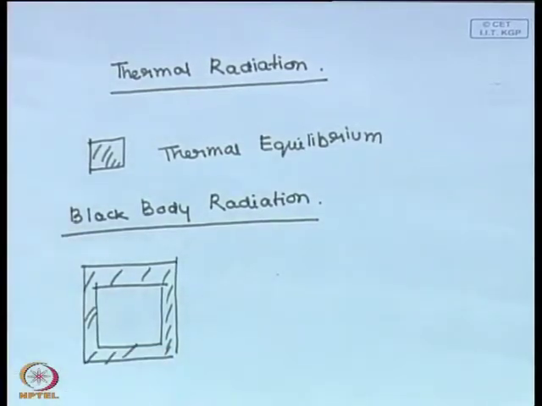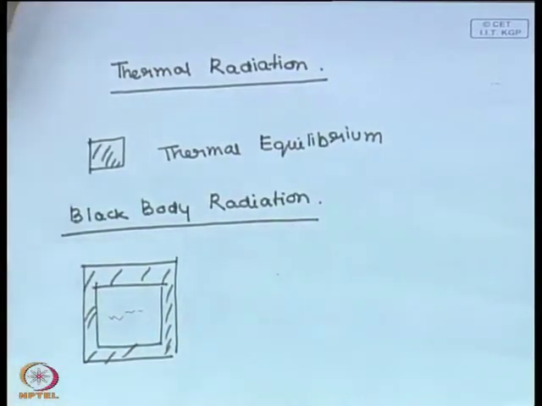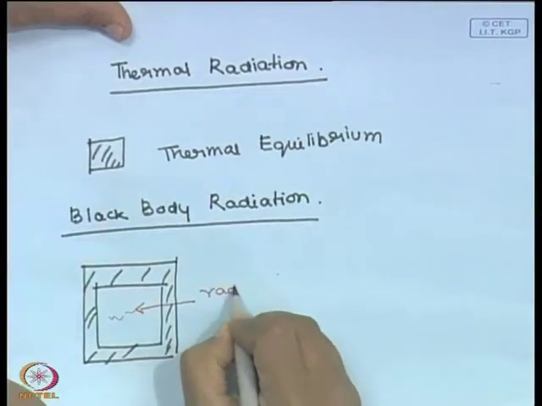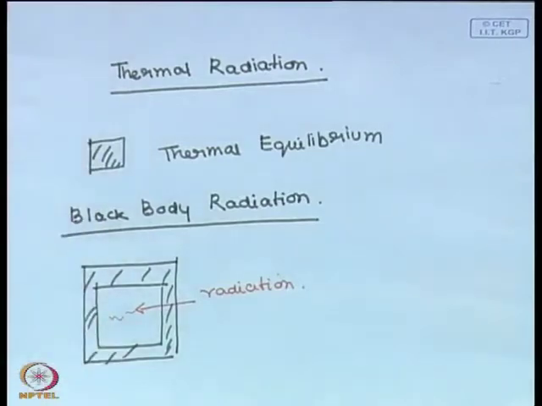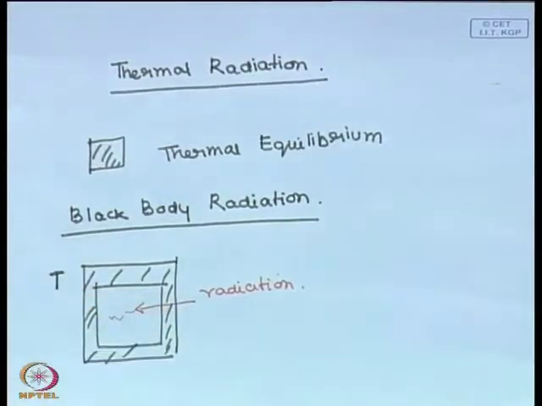The walls enclose a cavity, and there is radiation inside the cavity. And the cavity is assumed to be at a temperature T. We maintain it at a temperature T,